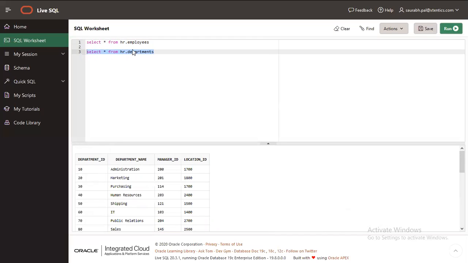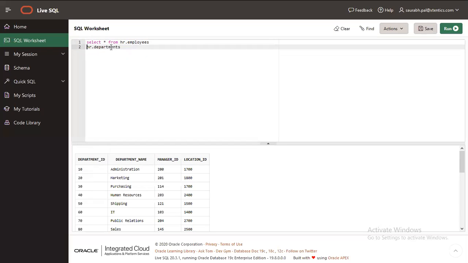So I want to see the department name. Then we need a join condition. We have to join the tables through our join command. There are joining conditions, and through that you can easily join them and fetch the data from more than one table.